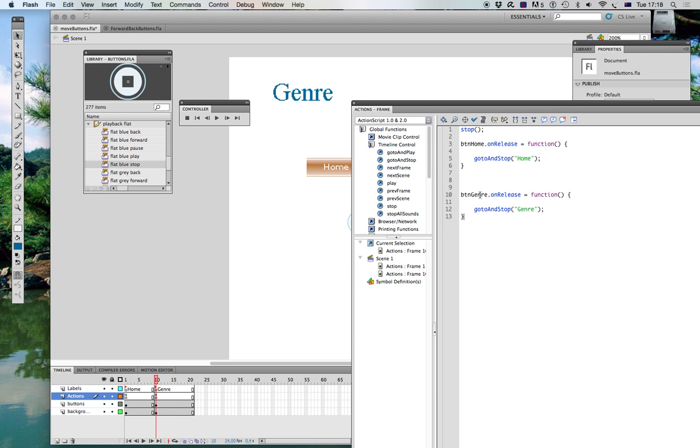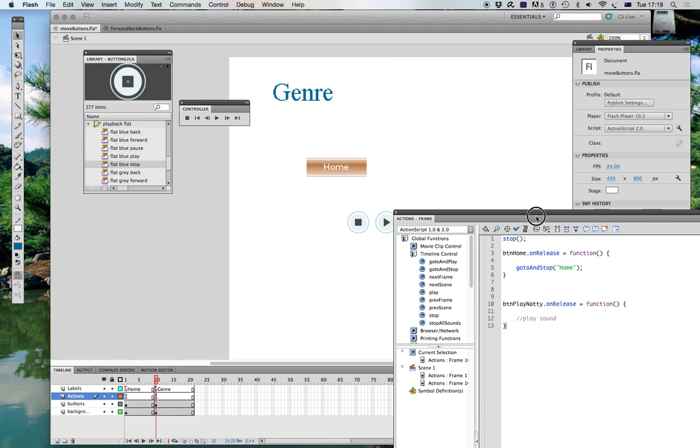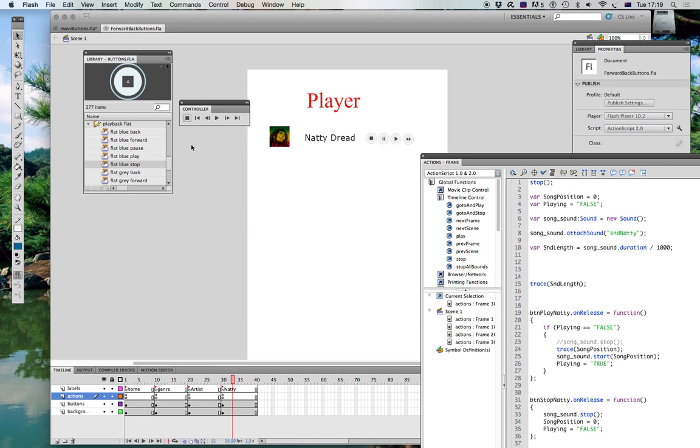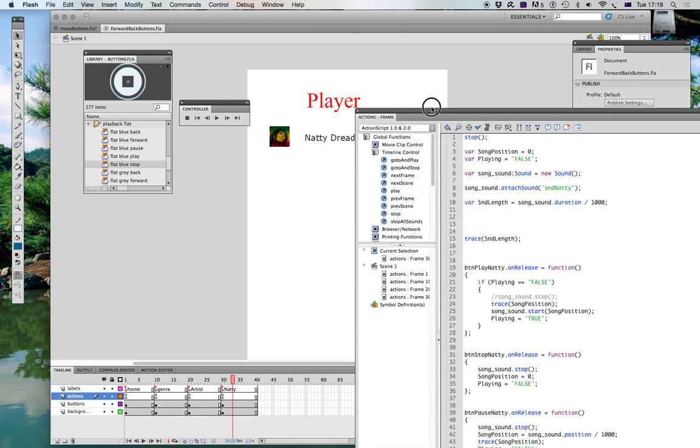button. Now this button is going to be controlling the sound. So I'm going to say BTN, we call it play Natty on release, and then just writing a comment here, play sound. So it'll play the sound when I call it. Question is, how do I actually get the sound ready to play? So I'm going to show you a couple of things here. I'm just going to pinch some code from the other one I did before, and let's see how I did